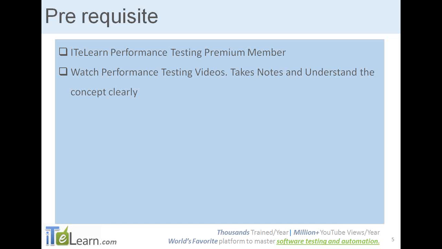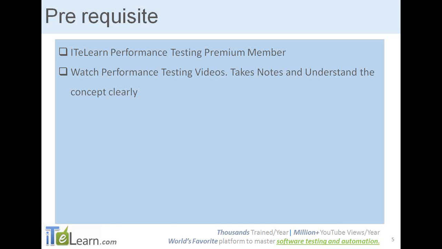Okay, as I said before, you should watch the training videos, take notes and understand the concepts clearly so that there is no issue in starting with the project, and each term of performance testing, or you can say LoadRunner, is understood by you clearly, because there are different terms used in performance testing that we usually refer to, like Vuser or load test, stress test.